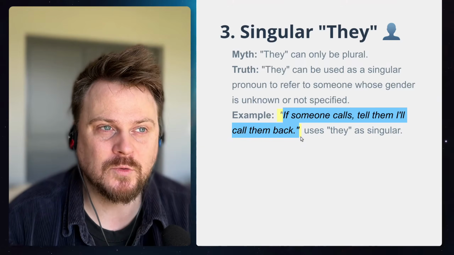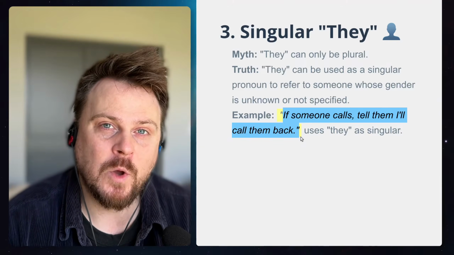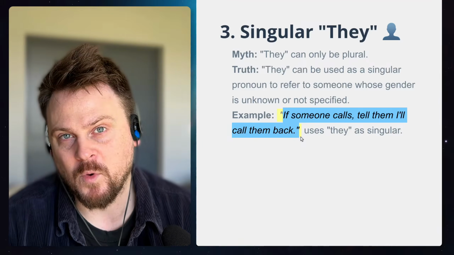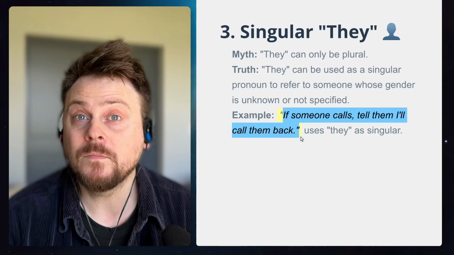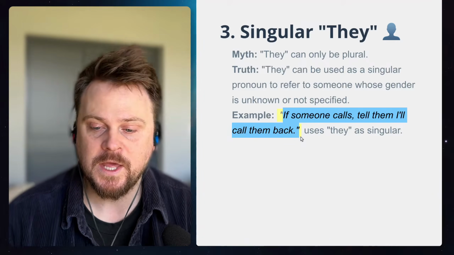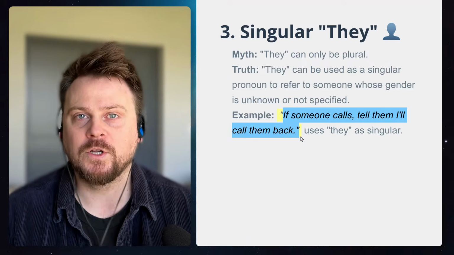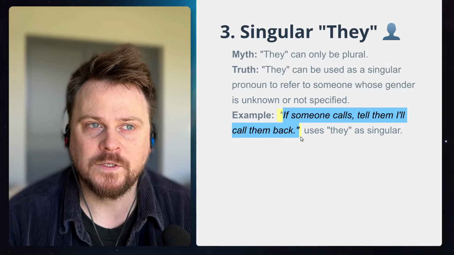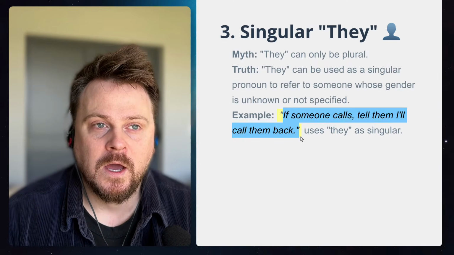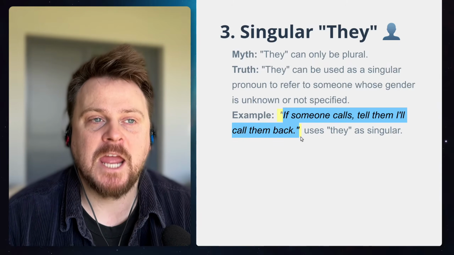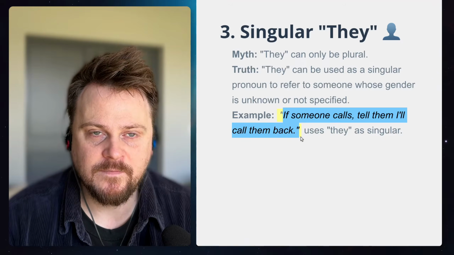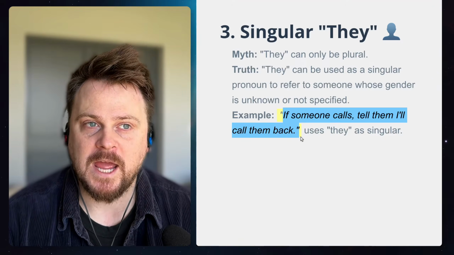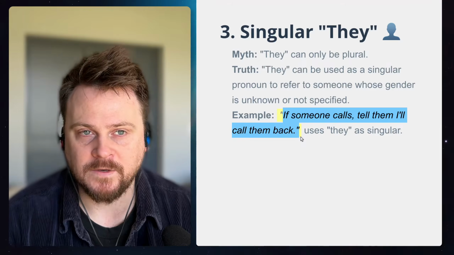So when you're not sure about gender, or there's no information about whether it's a boy or a girl, use they. Use they as singular. And of course you can use it for plural things. Plural meaning more than one. So I have 3 cats. They, those 3 cats, they, more than one cat, right?